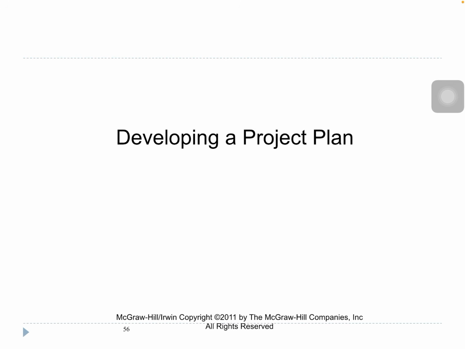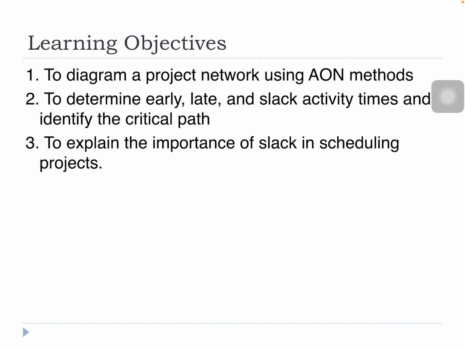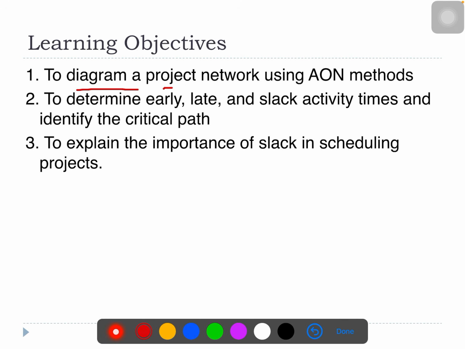And we have come to the fourth part of project management. This time we will talk about developing a project plan. So in this developing project plan, we will learn how to produce a diagram of a project network. We call it AON. So what is AON? It is activity,